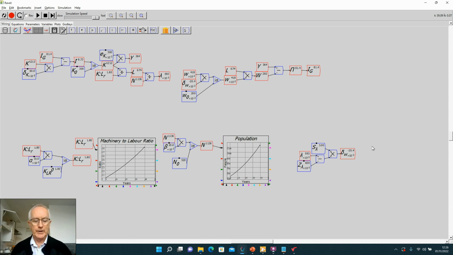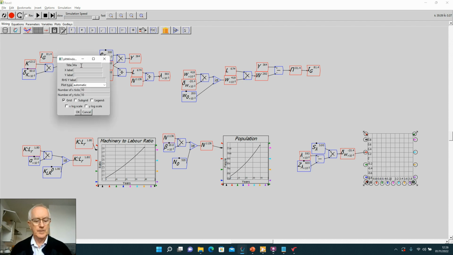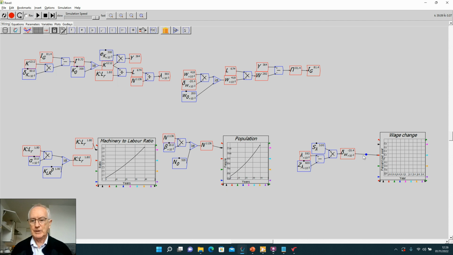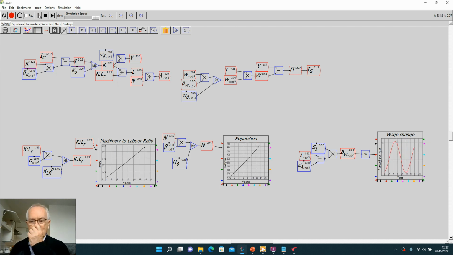And here we have wage change. So it's another graph. And in fact, I'll make this percent per year and just modify the input, because at the moment it's coming across as a fraction. If I delete that cable and put in a percentage block, then I'm going to get the percentage rate of change of wages. And let's just simulate this for a second and see what happens. And I'm getting wage change going up and down